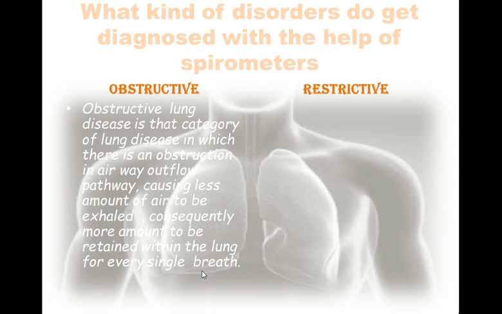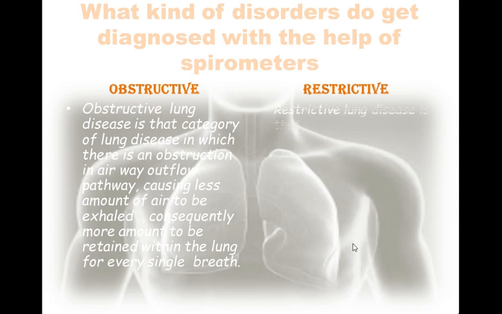That means less amount of carbon dioxide can exit out of the lungs. So if in the previous breath an amount of carbon dioxide gets retained, then for the next successive breaths the amount of oxygen will go inside but in lesser amounts, because the previously retained carbon dioxide is going to occupy the spaces which are supposed to be occupied by the oxygen. So that is an exhalatory problem, that is the obstructive one.